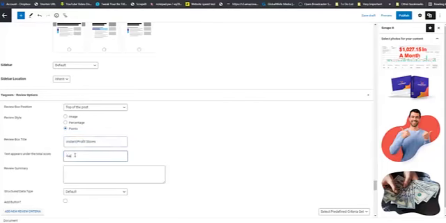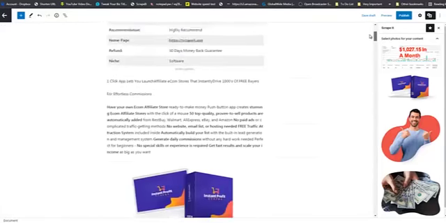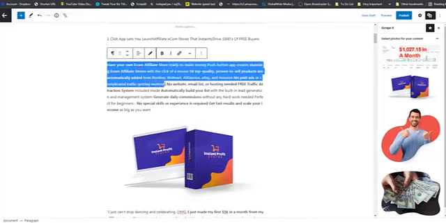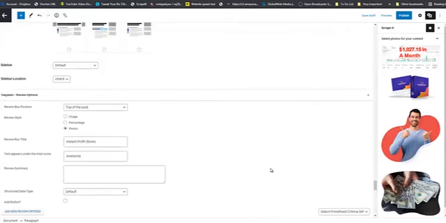You can type awesome. Then you go here, you collect a bit of this summary of the store. I'm going to collect it from here. Just going to go up to methods, copy that, scroll right back down, put that in here,